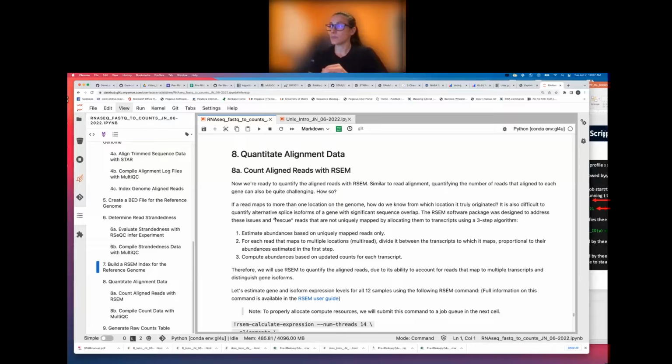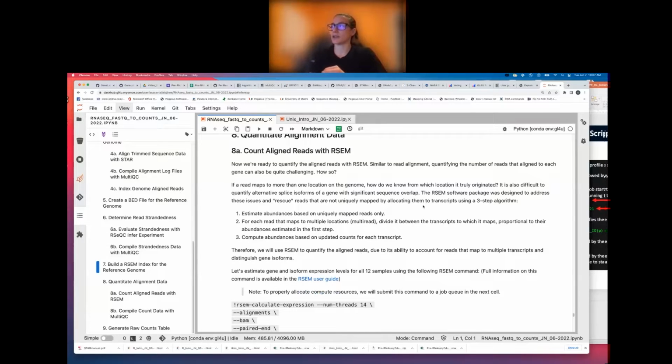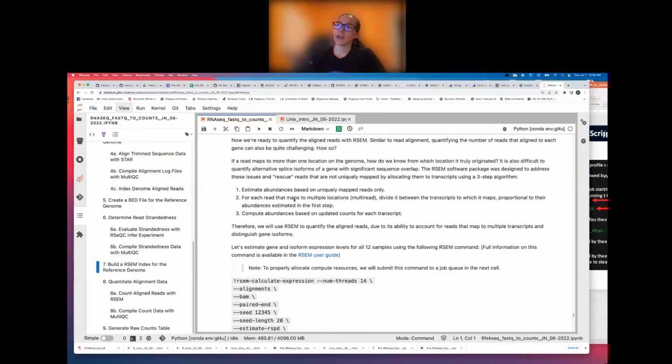of a gene. And so as we went over in the lecture, the RSEM software package was designed to address these issues and rescue those reads that are not uniquely mapped by allocating them, or a portion of them, to the transcripts that they're mapped to using the 3-step algorithm. So again, the first step is that RSEM only looks at reads that are uniquely mapped, so only reads that map uniquely to one gene and one isoform of that gene. And then each read that maps to multiple locations will be divided between the transcripts to which it maps, proportional to their abundance estimates in